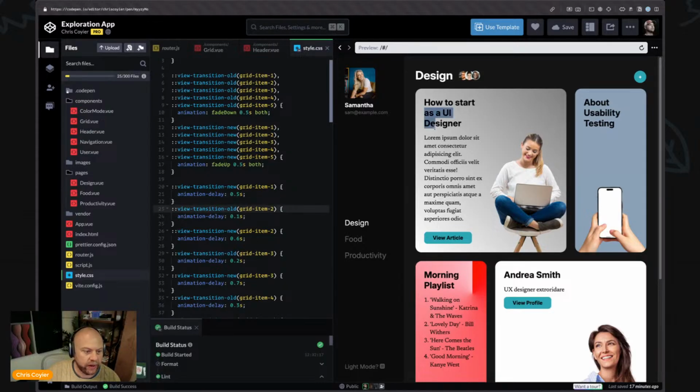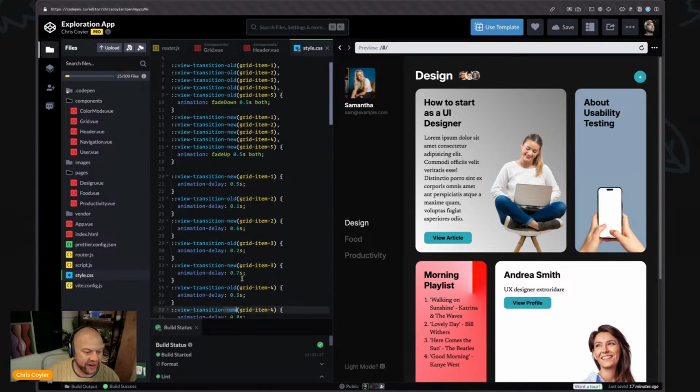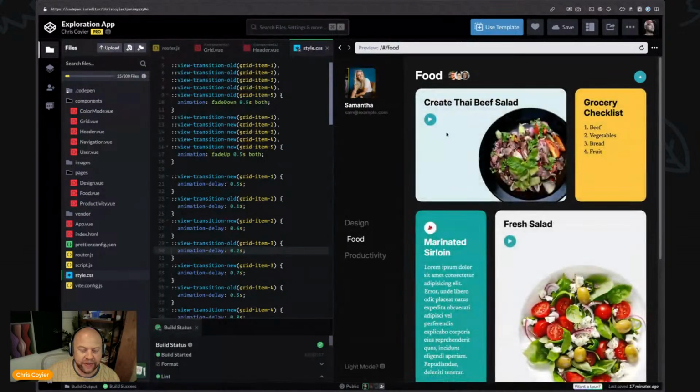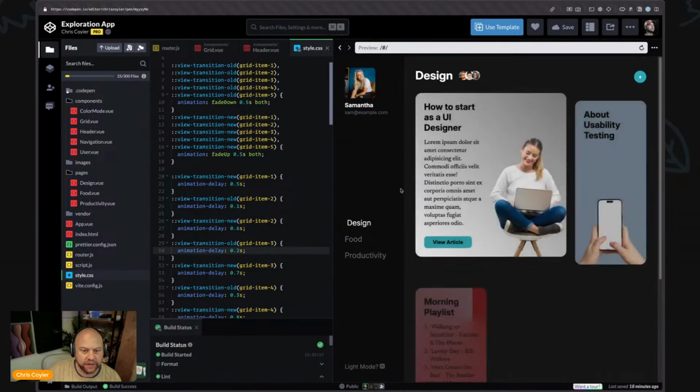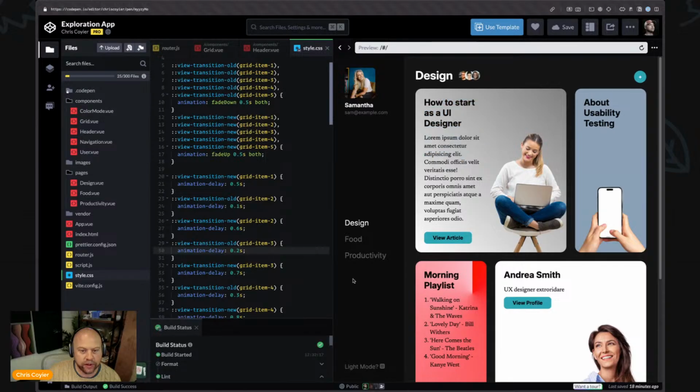Cool. So this one is grid item 1. When it's old, it fades out over half a second, but it's delayed by half a second. And the second grid item, this one about usability testing, is grid item 1, but the new one doesn't have any delay on it. It should just happen right away. My theory is that if the new ones waited longer, they would wait to come in, but this is what I'm struggling with: they show up immediately. When I hit design, you'll see the design card immediately, which I don't want it to do. I want the look of the thing to